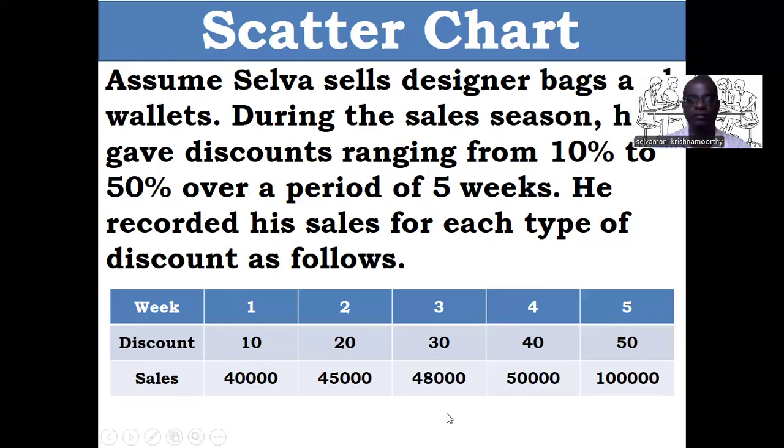This is what our action. We have two variables. One is discount, another one is sales. Both are numerical. Both are numerical. We need to see the correlation between discount and the sales using scatter chart. See, we have here one small